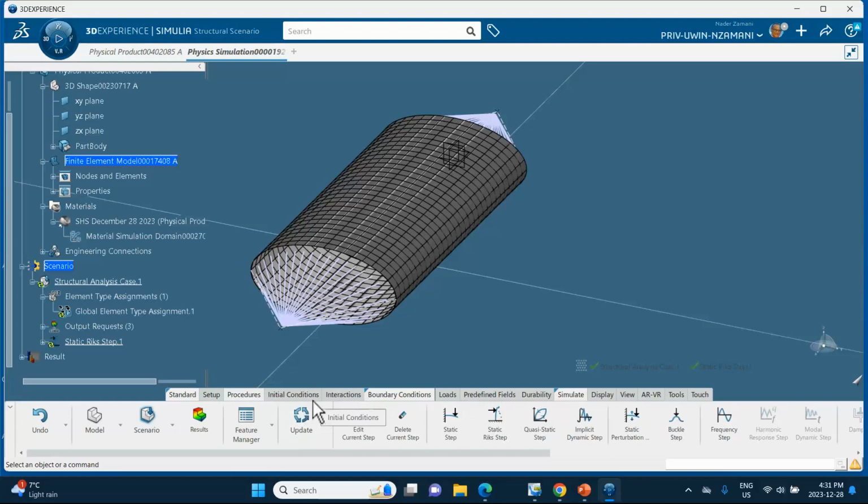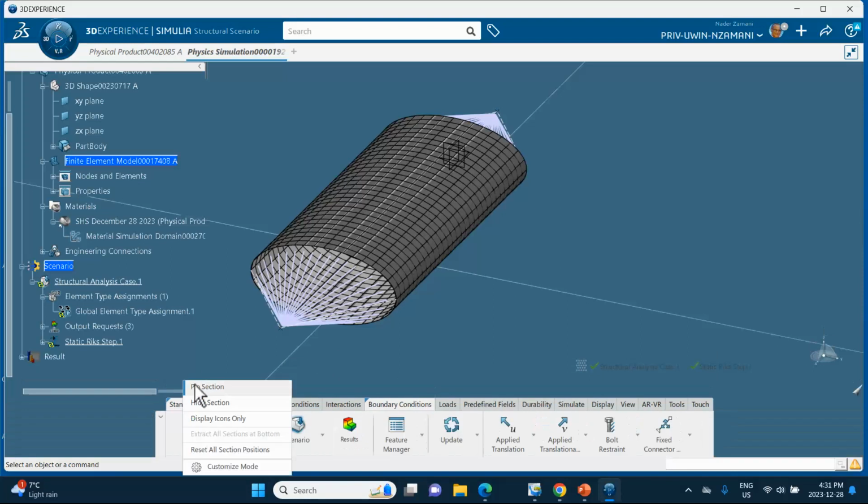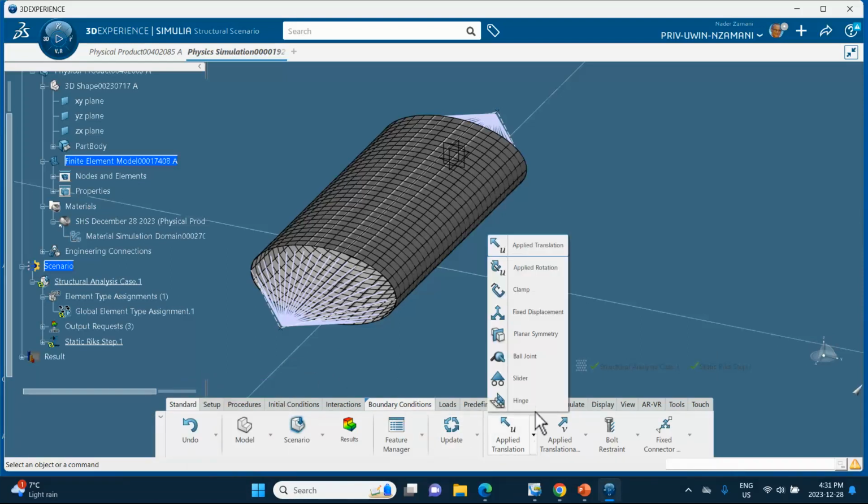All right, so let's go and apply our boundary conditions. Boundary conditions. I'm going to get rid of these things so that I have only the basic stuff that I want here. Okay, so there we are, boundary condition. And this is going to be the clamped end. So let's start with this,